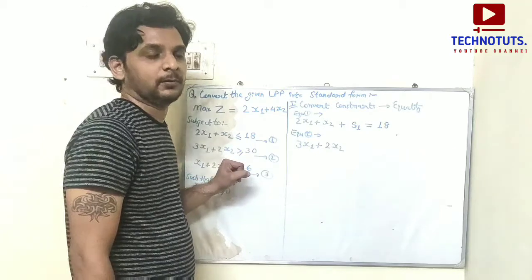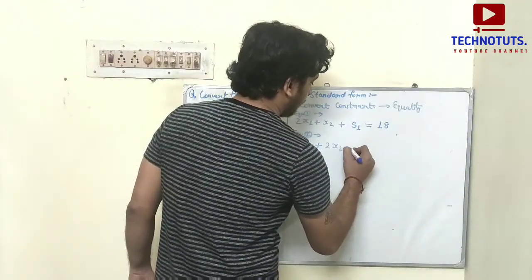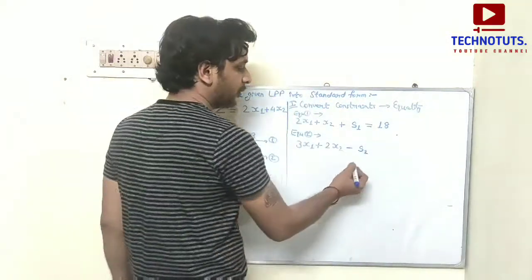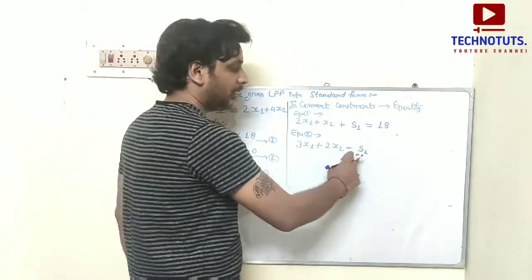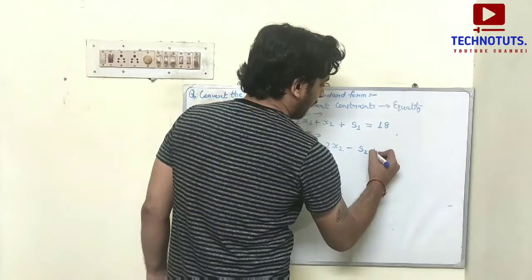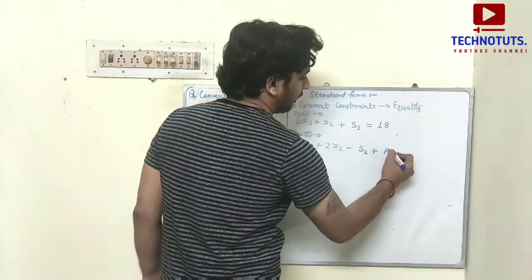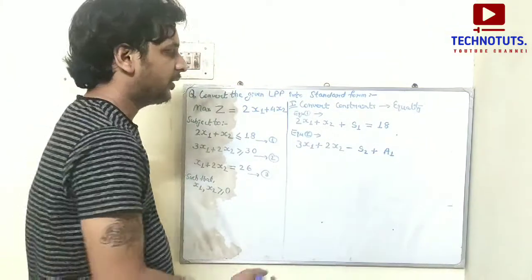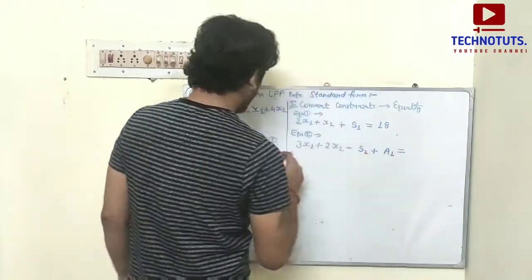So let us subtract the slack variable. Here the slack variable is appearing the second time, so we use 2 as suffix with its coefficient as unity, and we add the artificial variable a. Here the artificial variable is introduced for the first time, so we use suffix 1 with its coefficient as unity in the constraints equation, which is equal to 30.